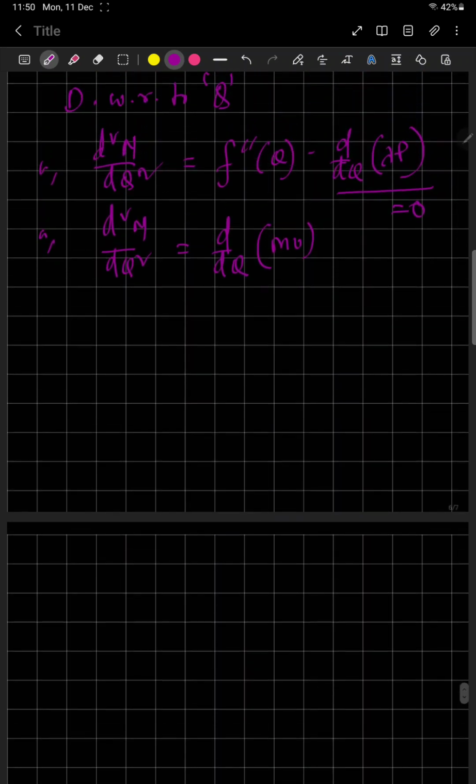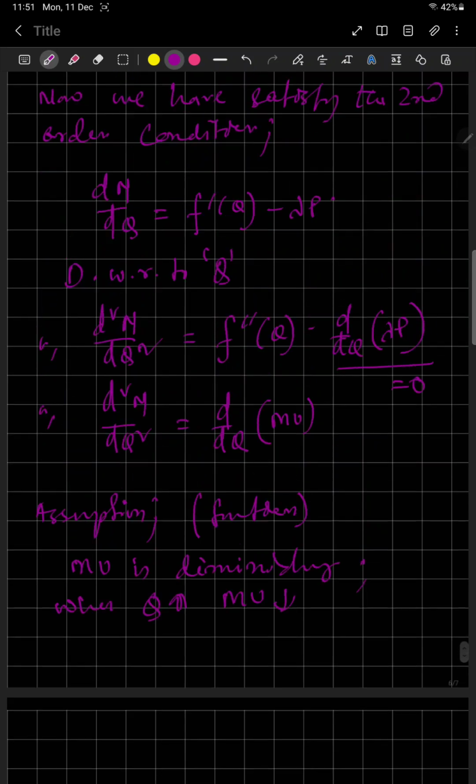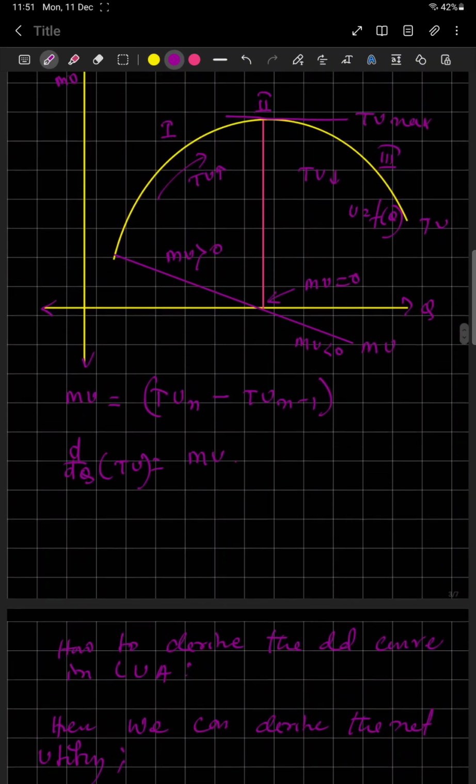So from the assumption and the function itself, graphically we show that marginal utility is diminishing, which means when q will rise, marginal utility will fall. If you go back to the figure, here you will see, if we move from left to right,